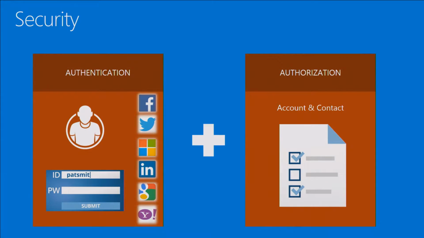Security is an important thing. Every time you stand up a portal, you need to deal with two areas of security right away: authentication and authorization. So authentication really is answering the question of who am I? And this is for the portal user. So the who am I is basically a contact record in CRM. So in CRM, we've got both accounts to represent companies and contacts to represent people. So we store all our data related to that portal user in the contact entity in CRM.